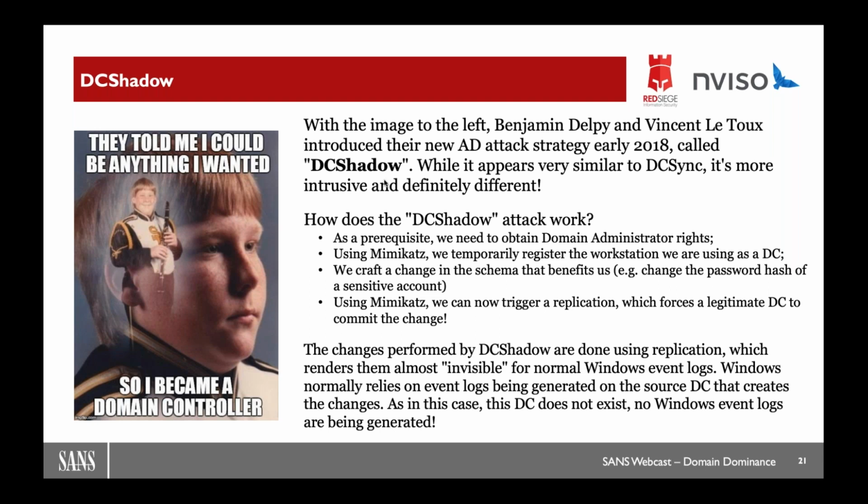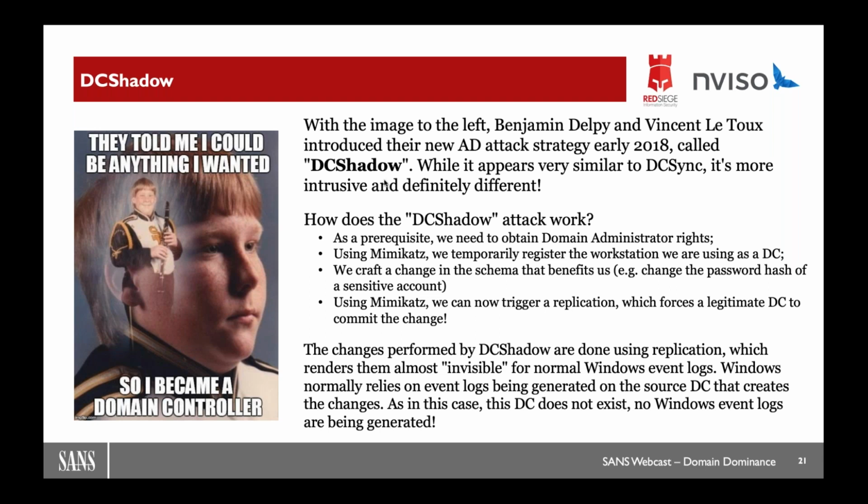If you enable replication logging, or have detailed verbose logging for replication, they will log that replication took place. They will not log exactly what changed, because they rely on the original domain controller to keep track of that. In this case, that original domain controller is me, the attacker, so your original log disappears. It's not too hard to detect DCShadow, but it's very hard to know what actually was changed.